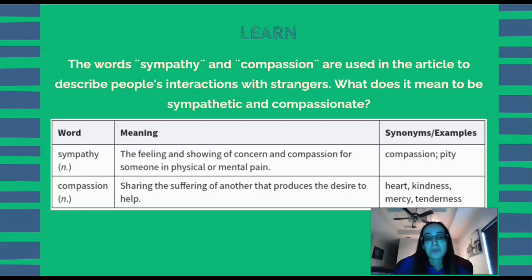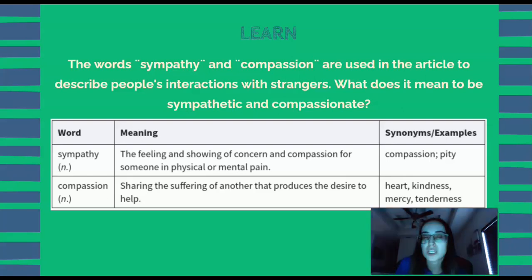So the meaning of sympathy: the feeling and showing of concern and compassion for someone in physical or mental pain. Some synonyms or examples: compassion and pity. That brings us to our next vocabulary word. We have seen compassion in the past. Okay, you have written it down before, so it should be in your